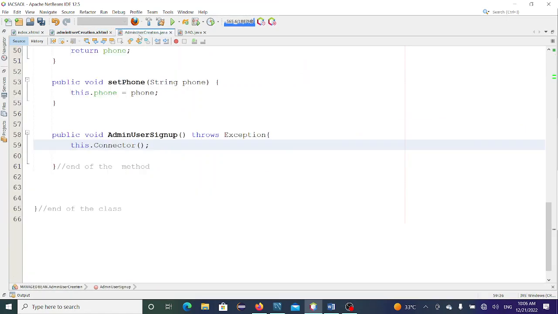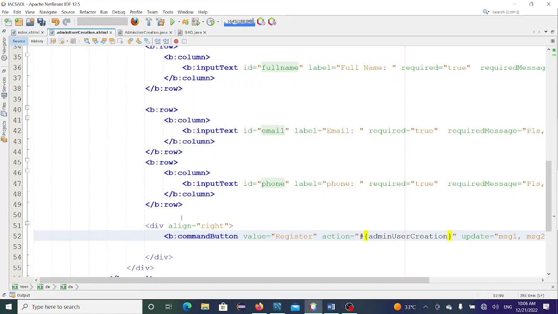This method, admin user sign up, right? So I call it dot admin user sign up. Can you see? It's there already. So it's a method. I call it like this. So now when I run my program,